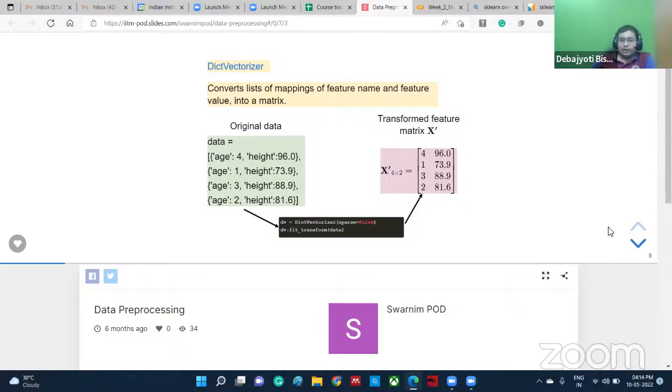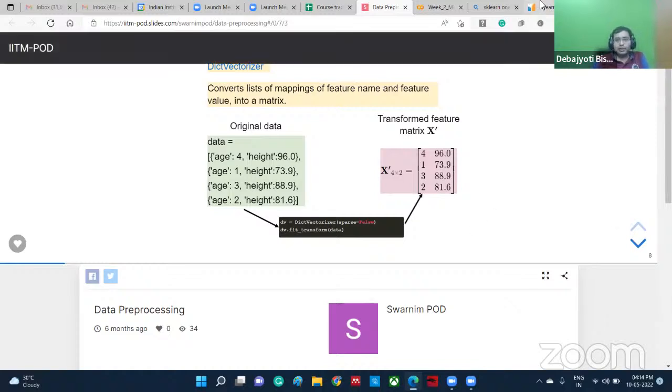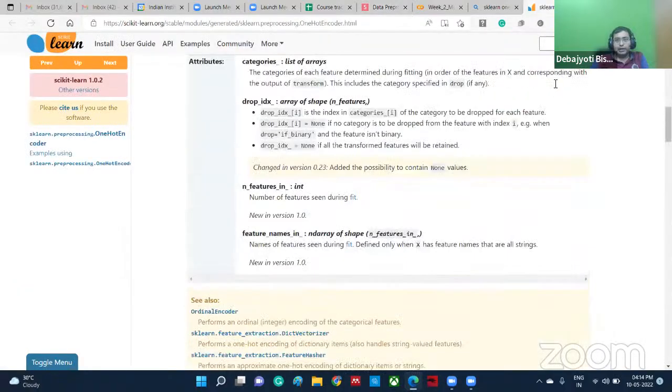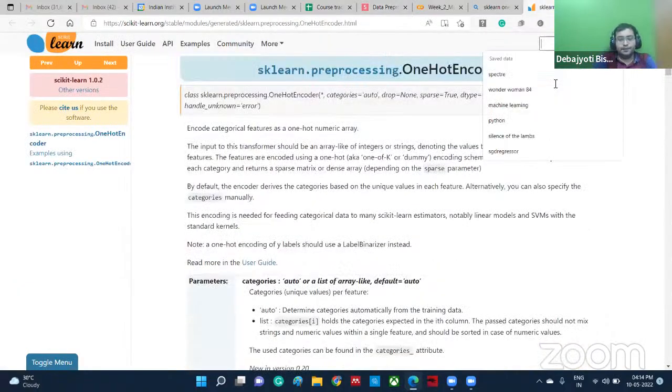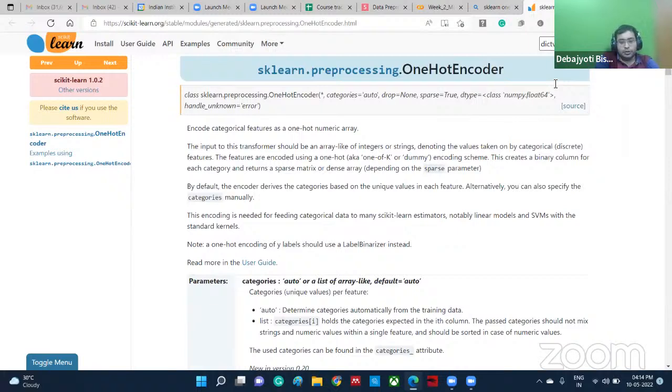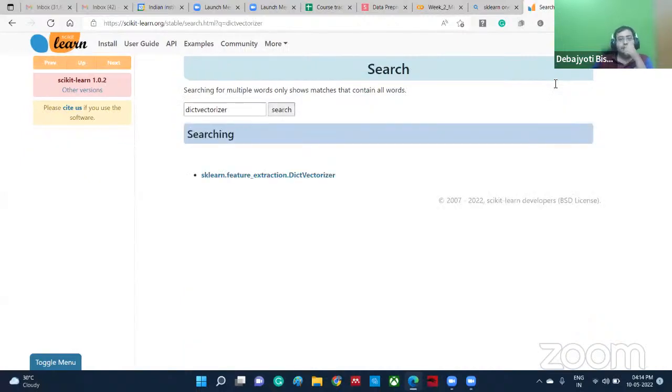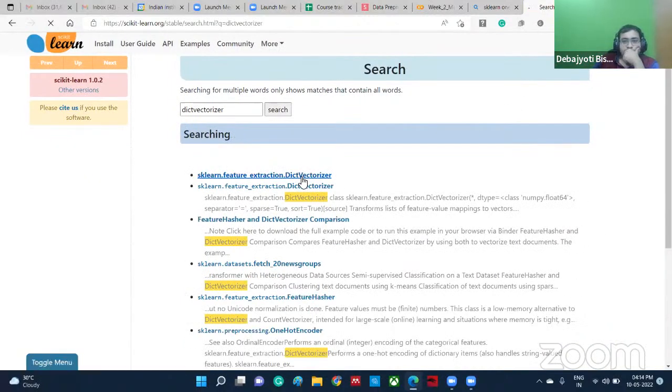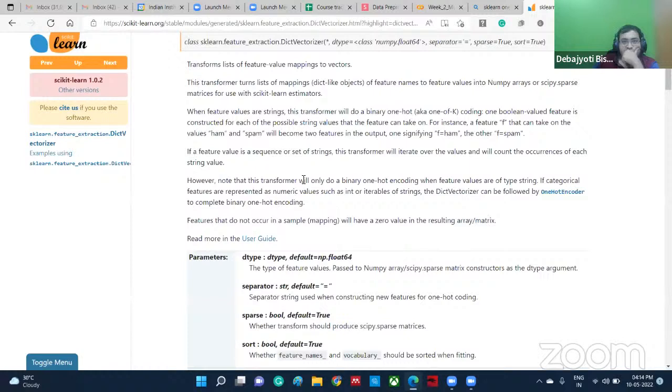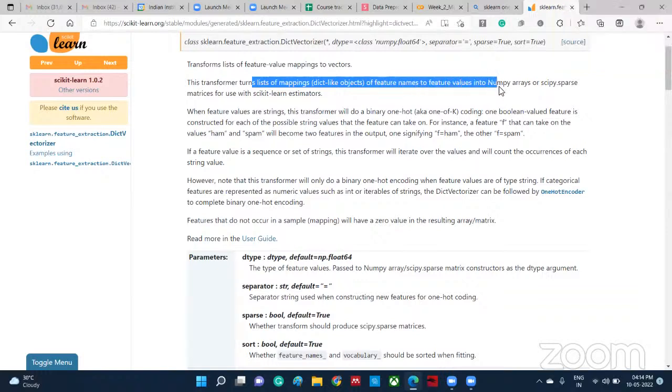Yes, I think so. It has to be a dictionary, because it is a dictionary it is using. We can check. Let me check whether I can provide you a solution immediately. So, DictVectorizer. Yes, so it turns lists of mappings, dict-like objects of feature names, to a NumPy array or SciPy sparse